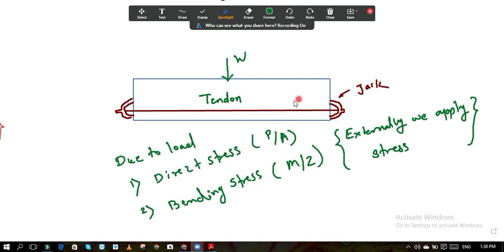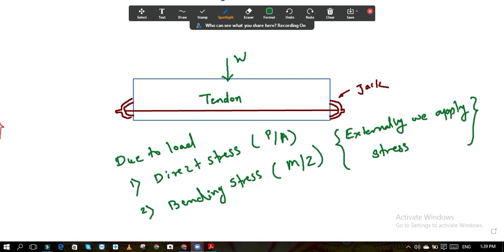फिर इसके बाद क्या होगा, अगर आपने इस टेंडन को स्ट्रेस किया, यहाँ पे अगर एक्सटर्नली स्ट्रेस आपने इसको दिया इस टेंडन को, तो it will transfer its stress to the concrete, surrounded concrete. And in the whole structure this stress is getting transferred. And this structure becomes stronger due to this pre-stress. So applying the external stresses on the structure to the desired degree is nothing but prestressing.